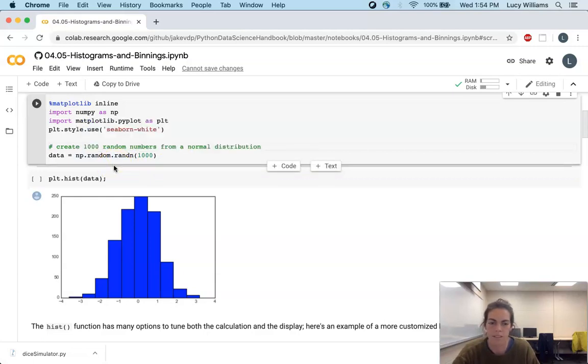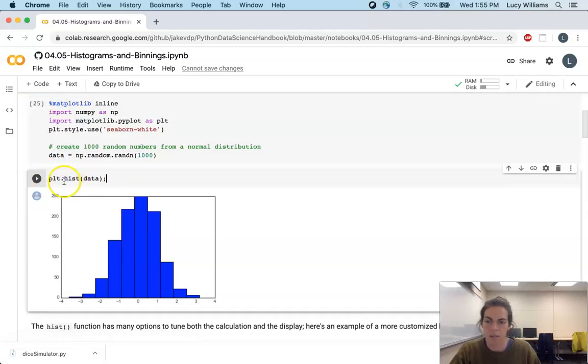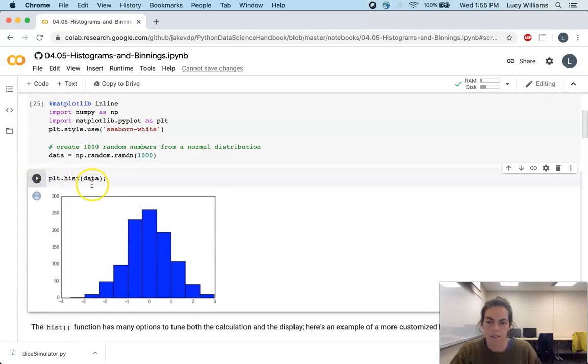For this class, you don't need to know what a normal distribution is, but just know that we're generating some random data from this bell curve kind of distribution. Then, once we have this data, we can just call plt.hist, and matplotlib automatically generates this histogram, which is really